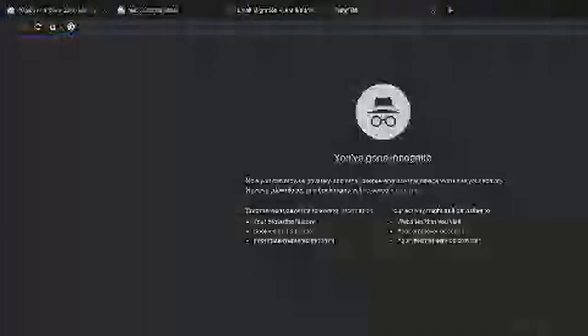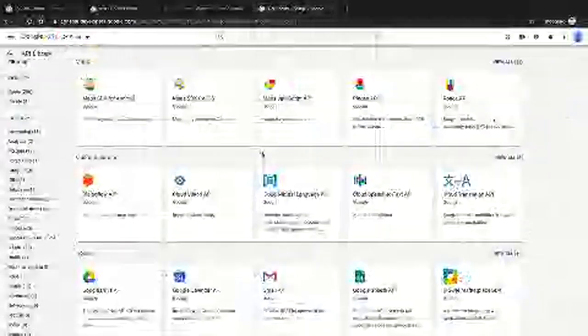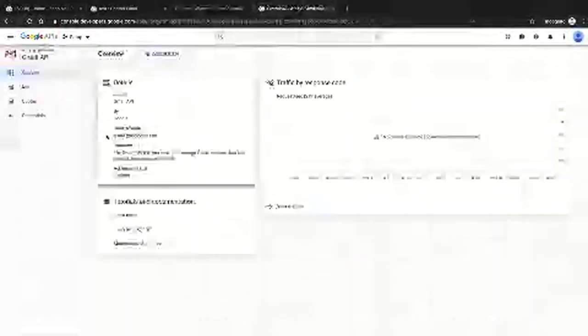So once you've done this, you will have to go back to the Google Developer Console and give some API access. You'll have to enable Gmail API access, Google Calendar API access, Contacts API access, CalDAV API access, and Admin SDK API access. Once all this has been enabled, we are on to the final authentication process.